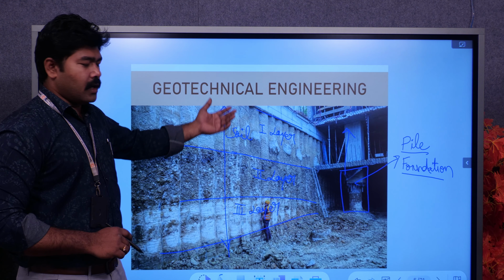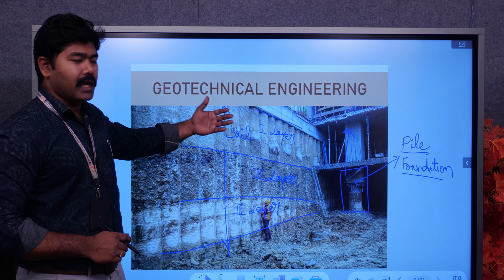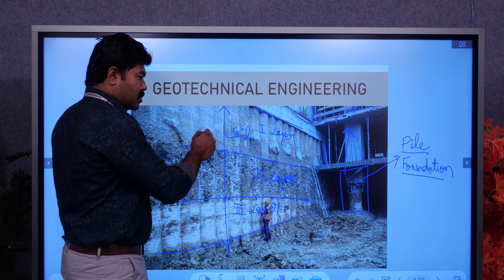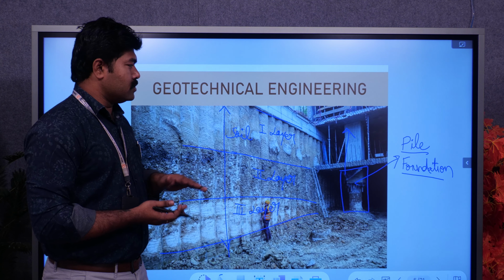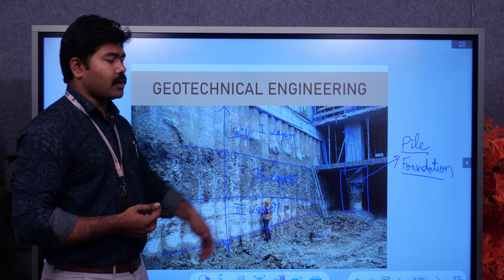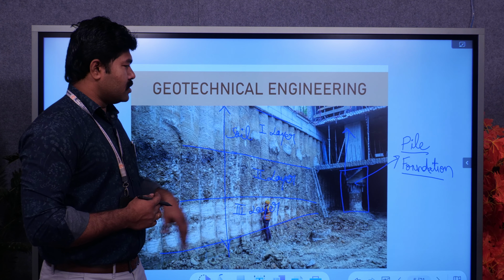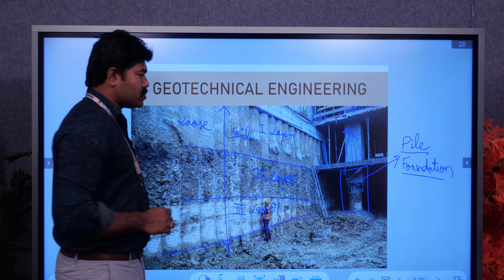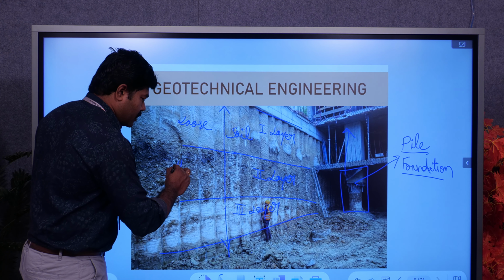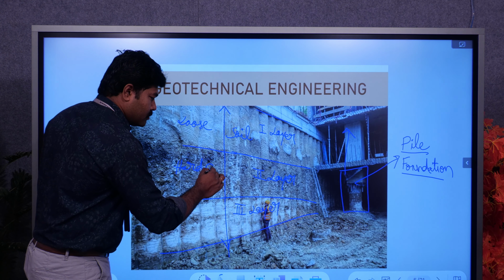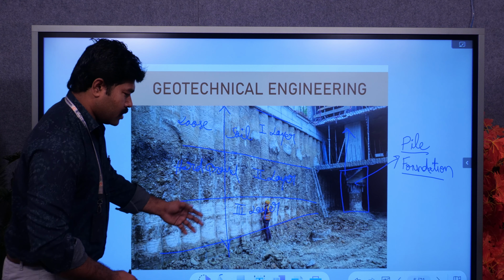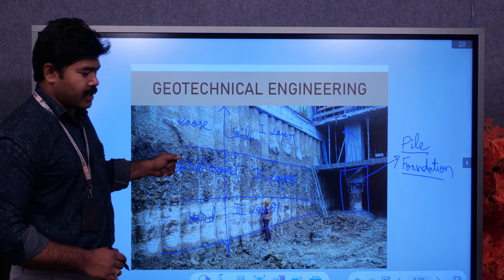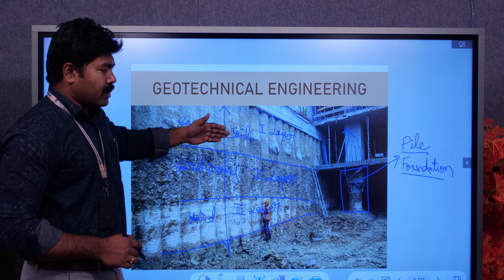For any other foundation sites you may expect more layers or even fewer layers. Soil will not be in a single layer; it varies based on the profile at that particular location. Here, this looks like a loose soil, and this looks like a hard gravel. This is also harder when compared to the uppermost layers. Like that, a geotechnical engineer